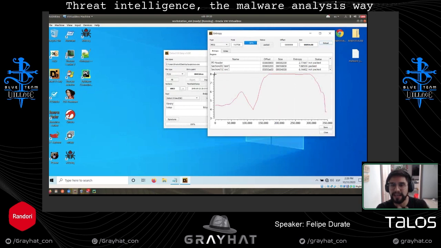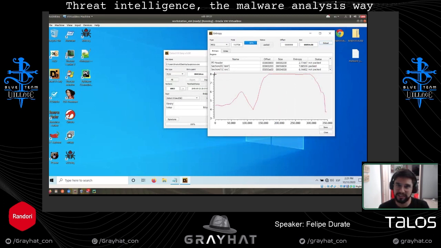When we're talking about the entropy of a file, basically we are saying how random a piece of the data is. And if you stop to think about it, every time you create a program, you want to be able to understand the program, so you try to create a program that does not have a lot of entropy.